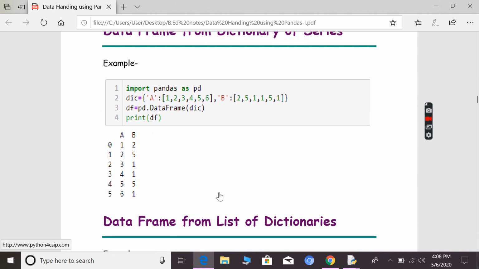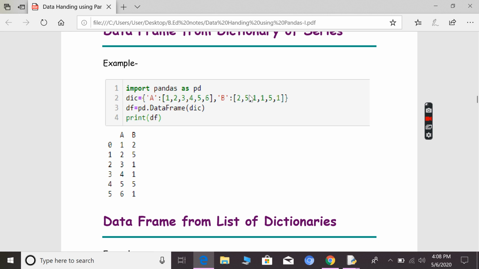Now if you want to pass dictionary items, dictionary items can be passed here. So A is the key of the dictionary. Last year you learned how to do dictionaries, right? Keys and values, with a colon in between key and value, and commas between items.